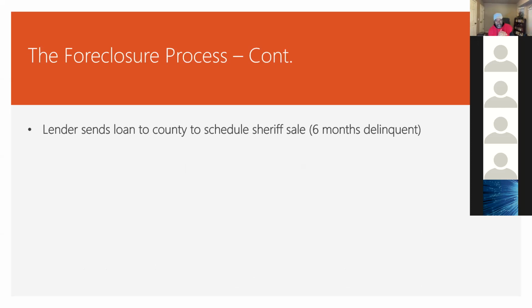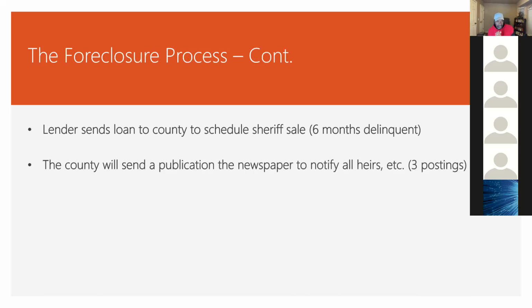A lot of stuff can go on, but normally after 6 months, the lender's going to send it to the sheriff and say, hey, I need you to schedule a sale. We need to sell this so we can get our money back. And so the county's going to send out a publication to the newspapers in that area, notifying all the heirs and anybody that has any interest in this property. They can do it in any newspaper, and they got to post it for 3 weeks prior to the foreclosure